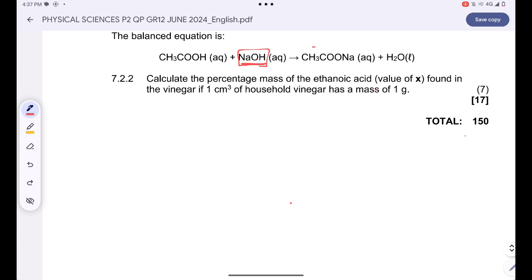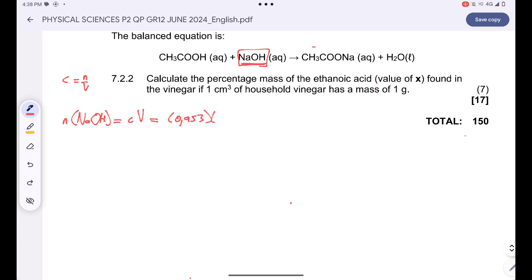sodium hydroxide. The number of moles of sodium hydroxide will simply be equal to the concentration multiplied by the volume. Remember that concentration is N over V, right? So for me to find the number of moles, I just need to cross multiply, and then N will just be C multiplied by V. So the concentration, we got